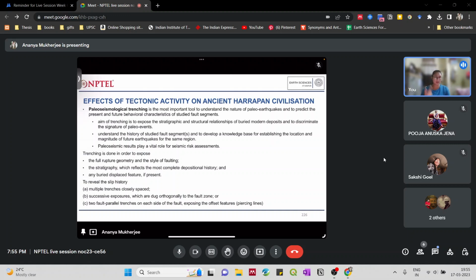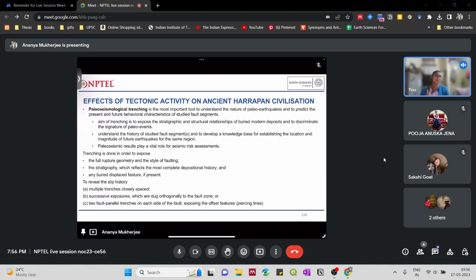So again, the purpose of trenching is to understand or expose the rupture geometry and the style of the faulting. You can understand whether it was a normal fault or a reverse fault that has happened. When you do the trenching and see the layers, the stratigraphic layering in that area, obviously stratigraphy and also the complete depositional history we can find out using the trenching method, or any other